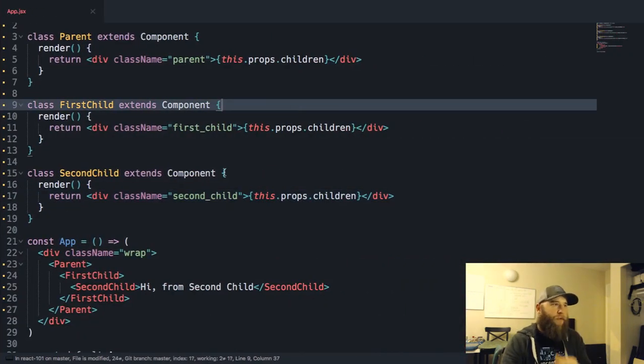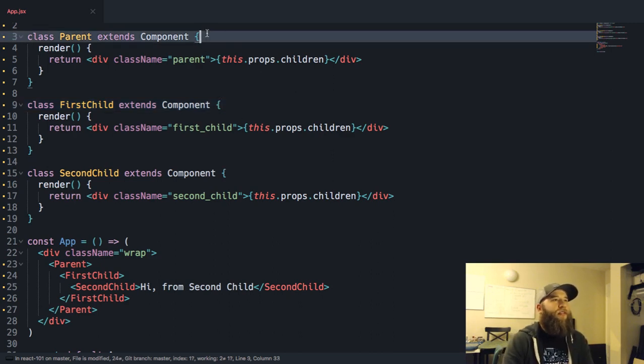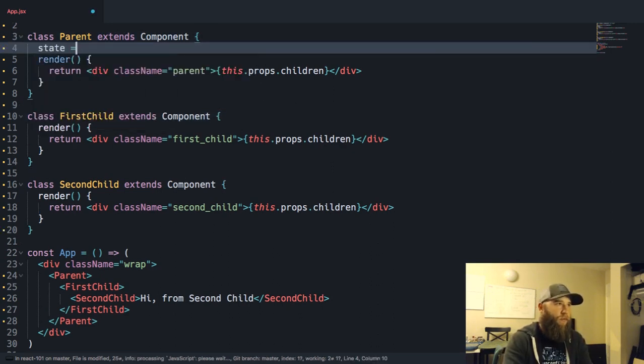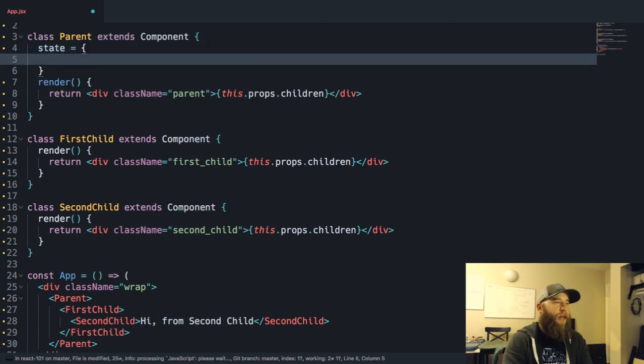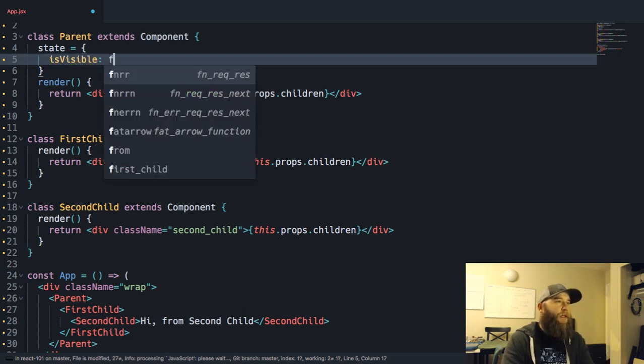Okay, now what we want to see is, my cat is being a fool. What we want to see is, if we have state in the parent, we might say something like, let's do a Boolean, something simple. We'll do isVisible, true.